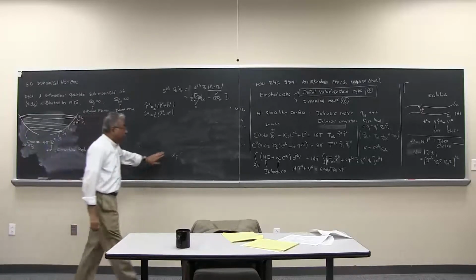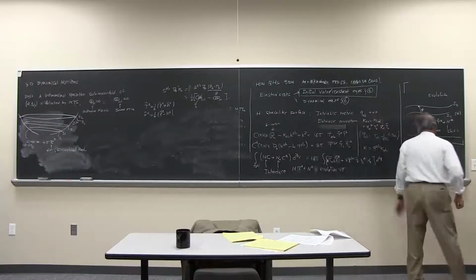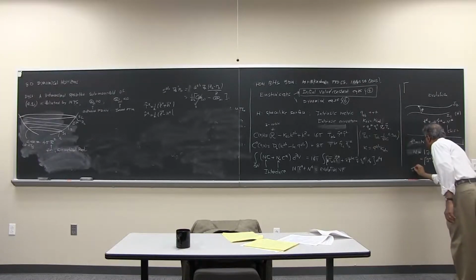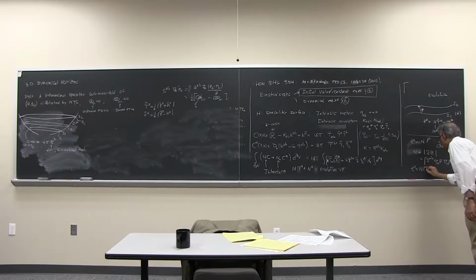So what are we going to do now? We are going to take N and N^A coming from this L^A. So T^A is now going to be equal to N times L^A, and L^A is given by tau hat^A plus r hat^A plus